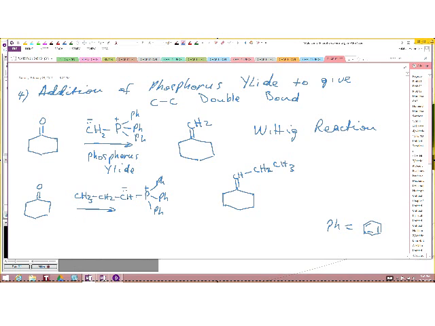You get that? Notice what have we done here? This carbon of the phosphorus ylide attaches itself to this carbon here, and eventually you are going to now